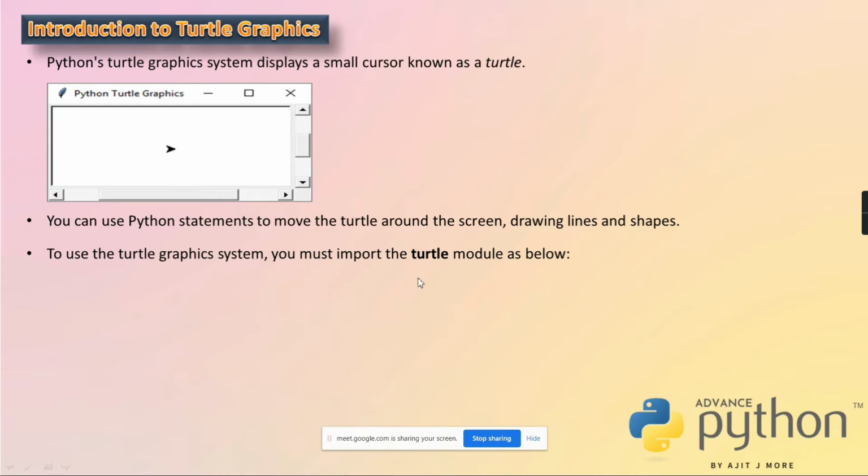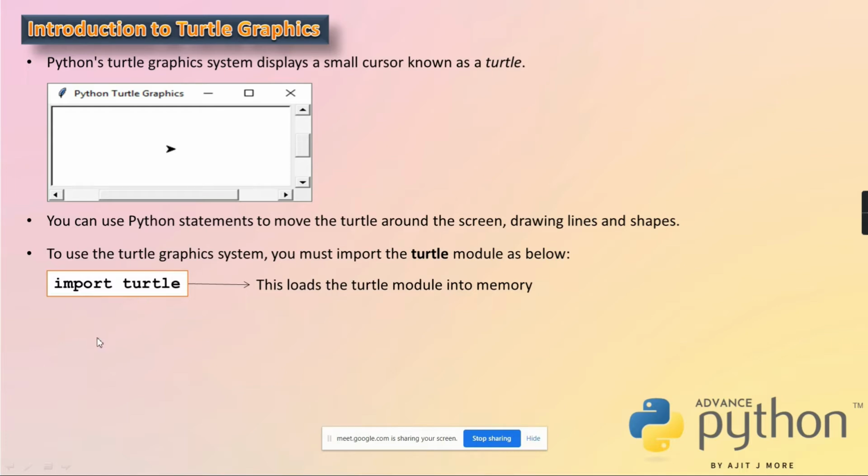Now if you want to use turtle graphics, you have to import the module turtle. When we say import, that module is loaded into memory, and once it comes into the built-in scope, local, enclosing, global, and that super global, which is called built-in, all scripts can use it. Get it? So to use this turtle graphics system, you have to import this turtle module. The first statement in your program should be import turtle. I hope you are understanding. So this loads the turtle module into memory.